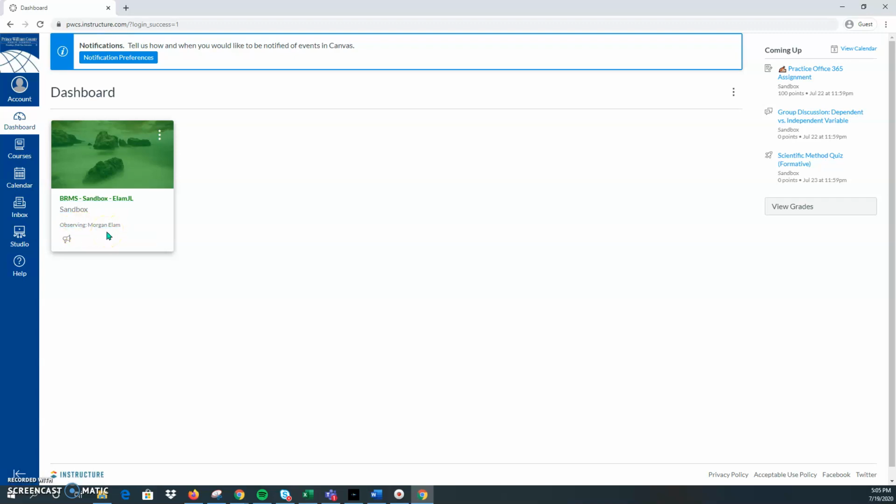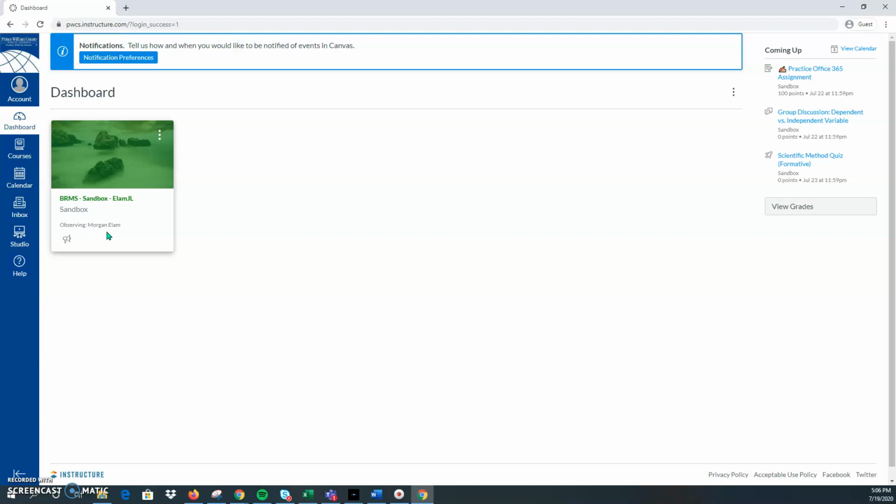When you log in for the very first time over the summer, you likely won't see any courses in your dashboard, and that's because those courses are still being populated and refined, and so until they are fully complete and published out to the students, you will not see any courses in here. However, once the school year starts, you will see multiple courses for each of the students you've connected to your